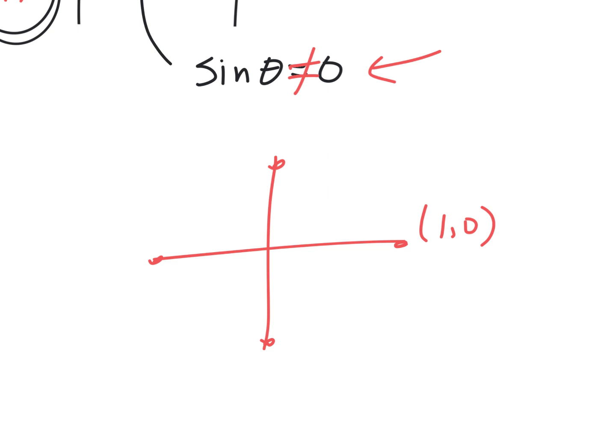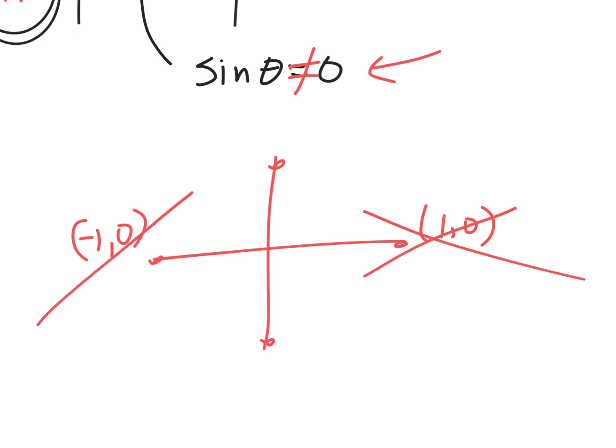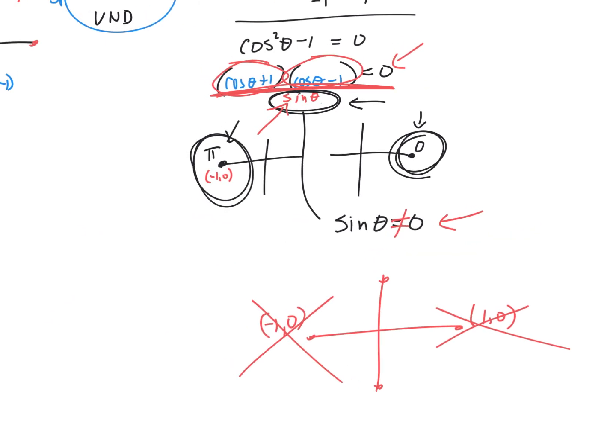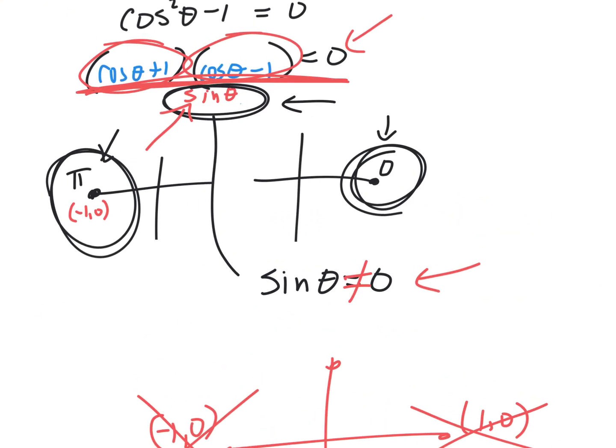So we can't allow that, because if the bottom becomes 0, the whole thing dies. So that one is not allowed. And what about this spot? Negative 1 comma 0. Does that have a y equal to 0? Yeah, so that spot's also not allowed. So both of these answers, which were good before, both just got thrown out